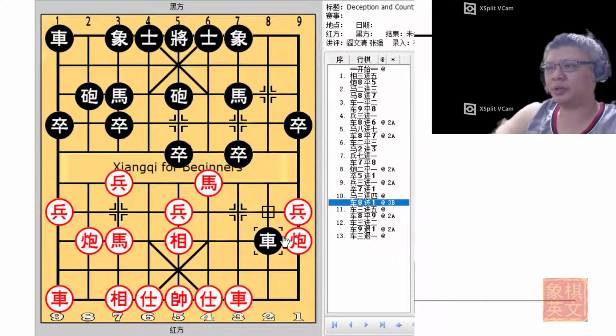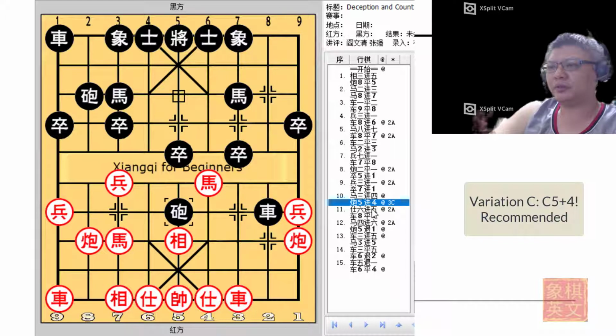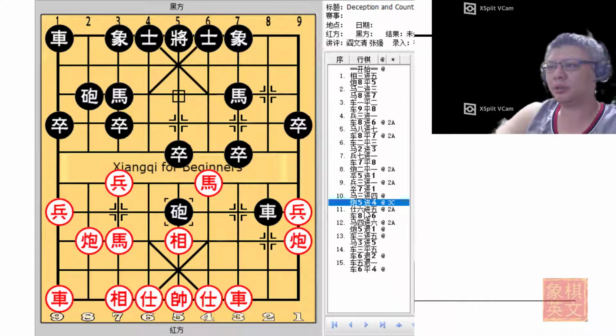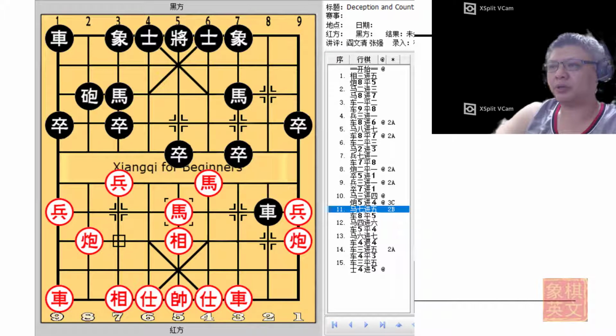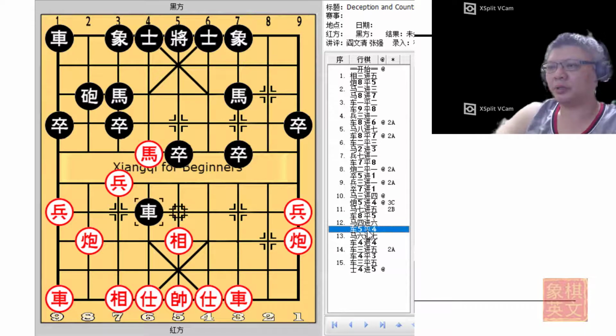The situation is very clear, and it is red who will have a very obvious advantage. So variation B, r8 plus 1, to avoid capture by the red horse, would not be viable. The suggested move would be c5 plus 4, whereby black will capture the central pawn and force red to move an advisor. Capturing the cannon would not be a good idea, even though red will seem to have a fork, because black will simply sacrifice material,